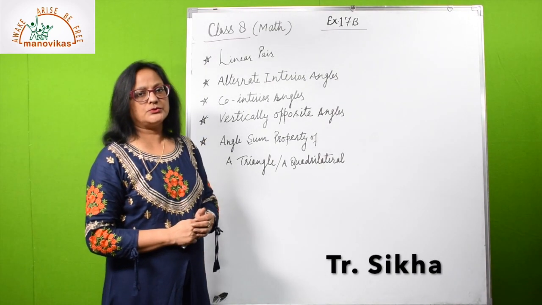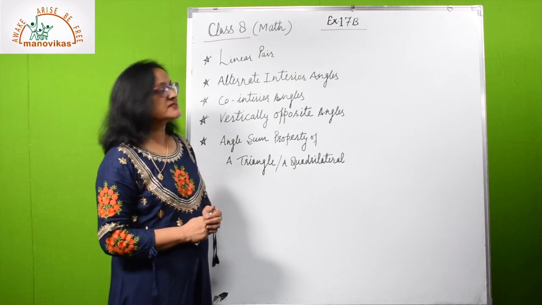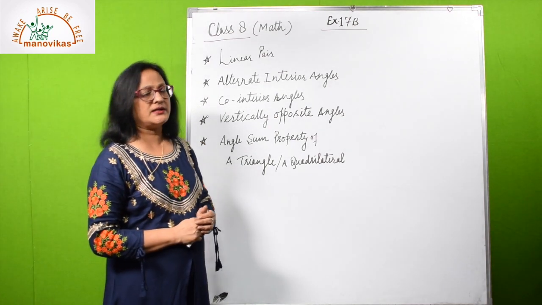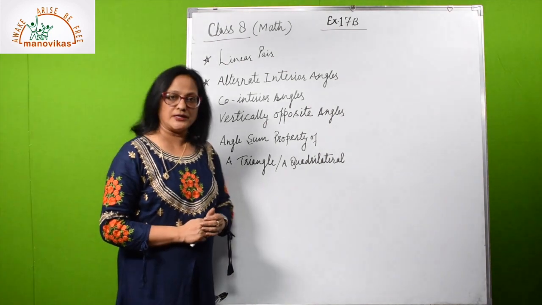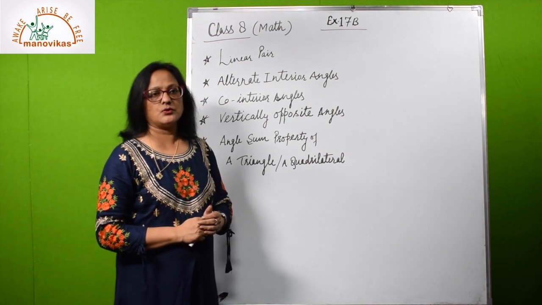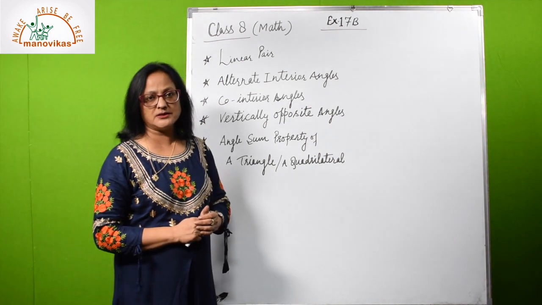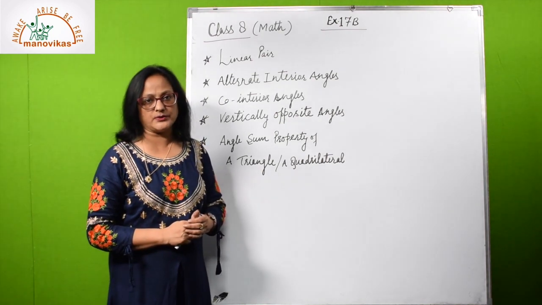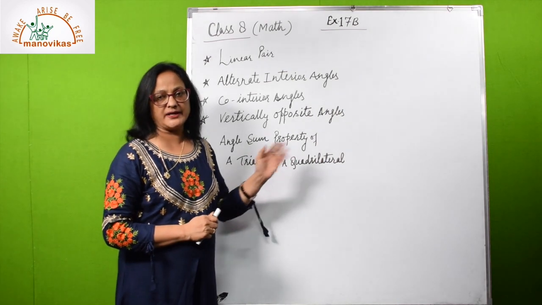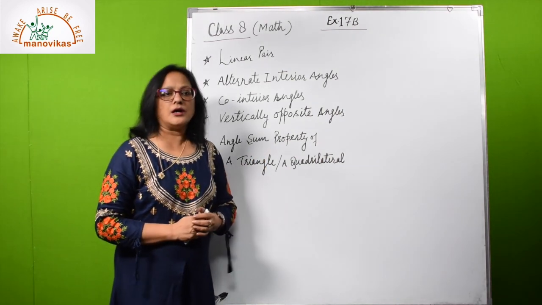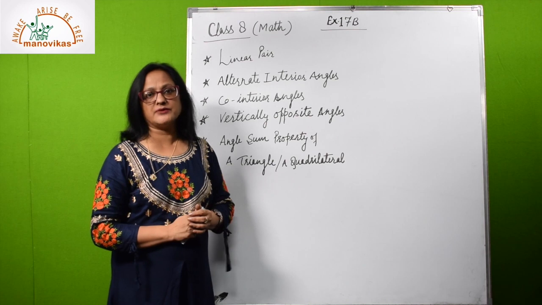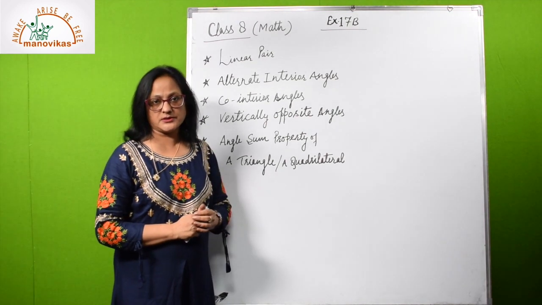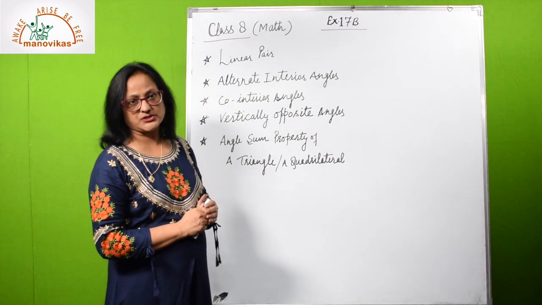Today I am going to solve questions from exercise 17b. In this exercise, you are given questions based on parallelogram in which one or two angles will be given to you, and you have to find the other angles of the parallelogram by using the given angles. So, how you have to use the given angle and what are the tricks to solve the questions? That we will discuss first.